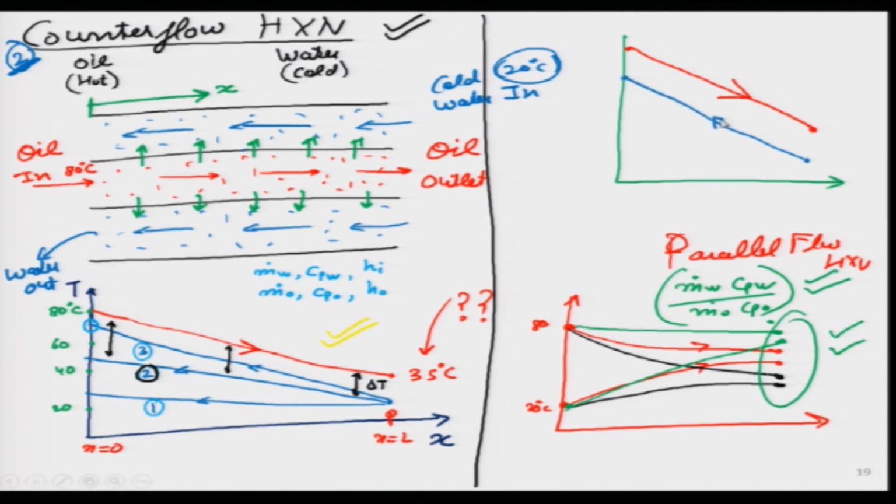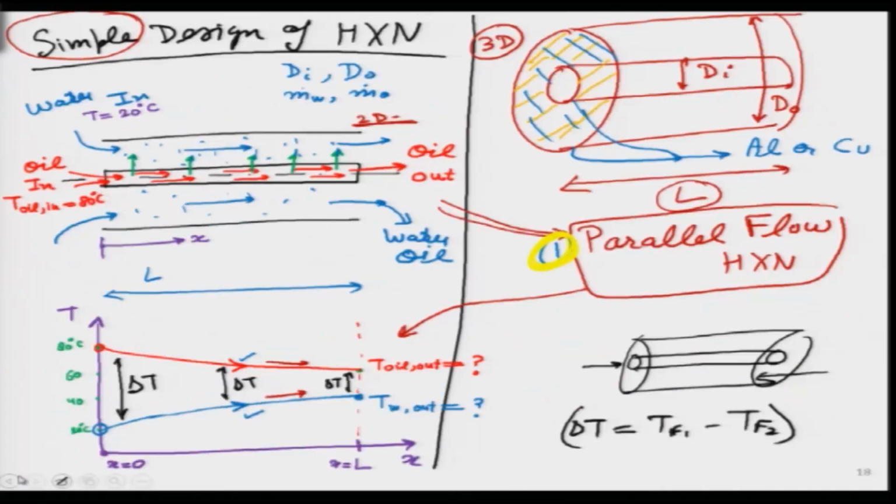I think in this case, we can clearly see that delta T is a constant, because if it is 10 degrees here, then throughout it is 10 degrees. So, this is a special case that we will also look at. In counter flow, many times we can look at this type of situation, but other than this special case, in parallel flow we can never have delta T constant.